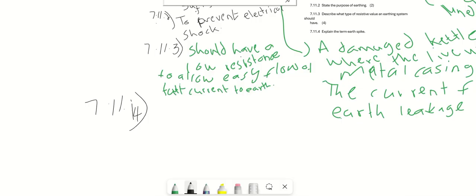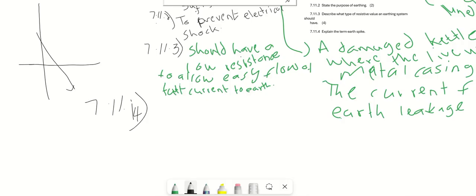Here's an example of an earth spike. If you can see those light poles, they are spiked into the earth for better ground connection. You can't see a naked pole hanging alone. It's either in the ground or held by two wires on the sides. So that's an earth spike.